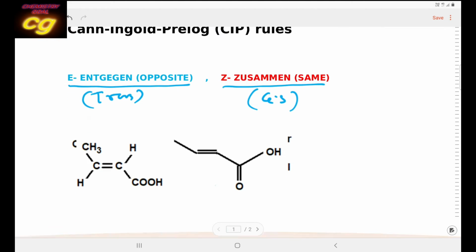The first important rule is that for the groups attached to the carbon-carbon double bond, we have to give a priority order. Priority order means first the atom attached to the carbon atom of the double bond: if it has a higher atomic number, it has higher priority. If the atomic number is the same, then we have to consider the mass number. The greater the mass number, the more priority. This is the case we can see here.